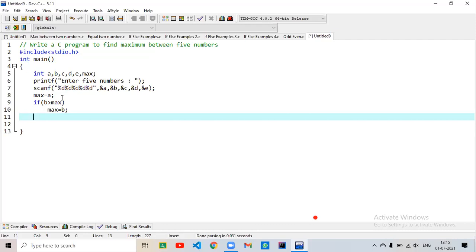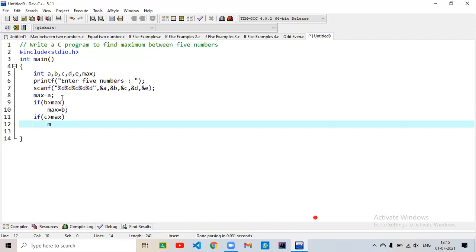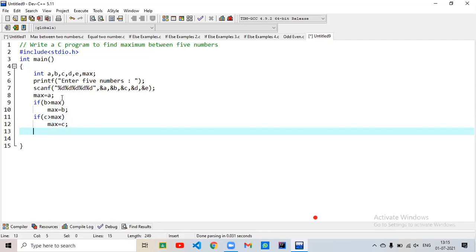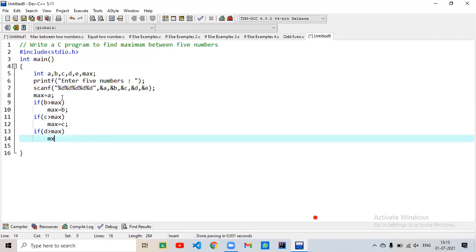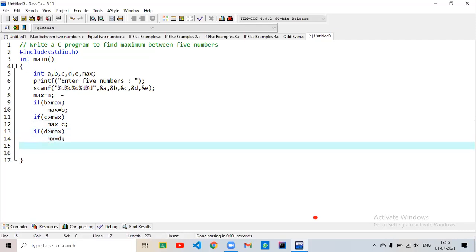If B is greater than max, then max will be B. Now there is no else statement here because if this condition is false, nothing will happen. We have to check the next condition also. So for that we will use if C greater than max. If this is true, then max equals C. Similarly, if D greater than max, then max equal to D.